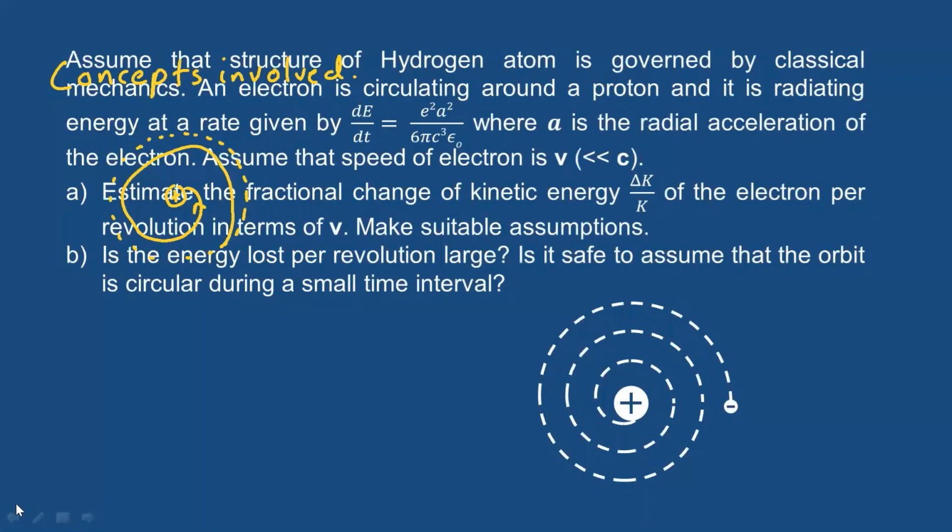He wasn't able to explain that if you use classical mechanics, the accelerating electron, because it's moving in a circular path, is going to radiate energy, right? And if it's radiating energy, it is going to lose energy, and it's eventually going to spiral into the nucleus. Let's say this is the nucleus, and it has to spiral into the nucleus, like this one. So this is losing energy.